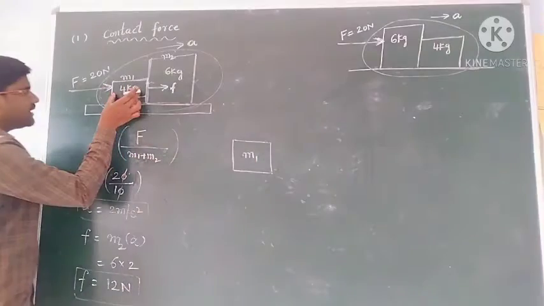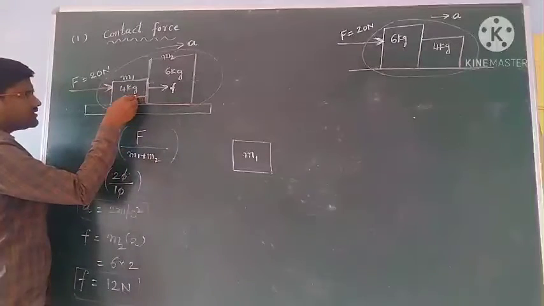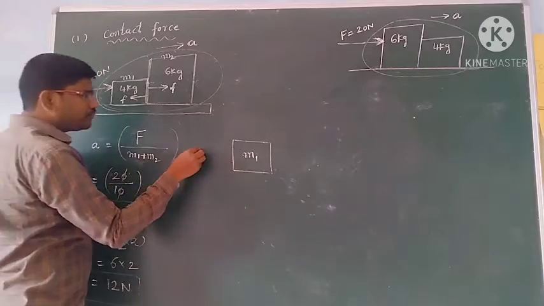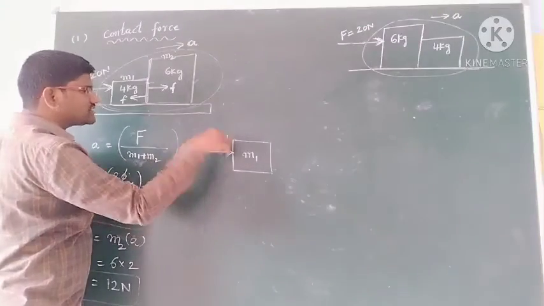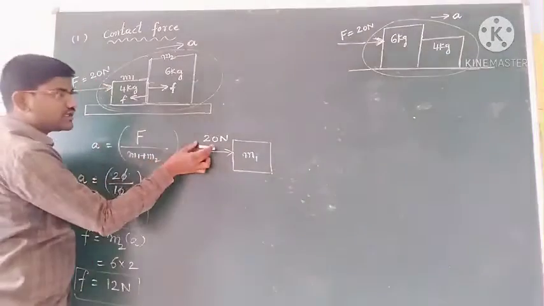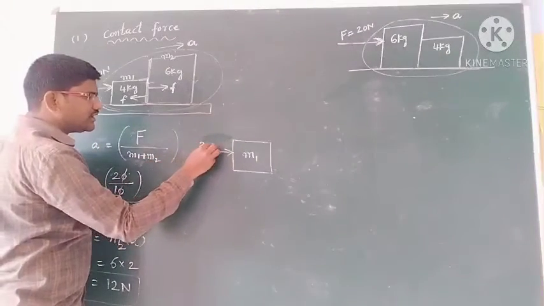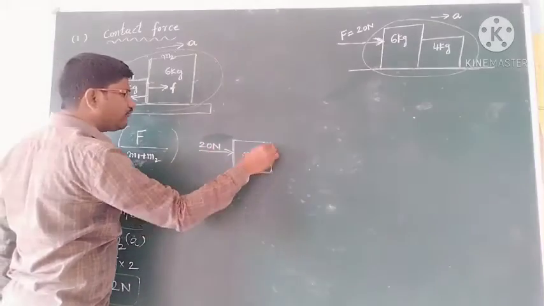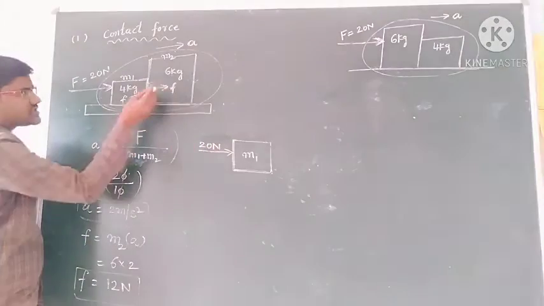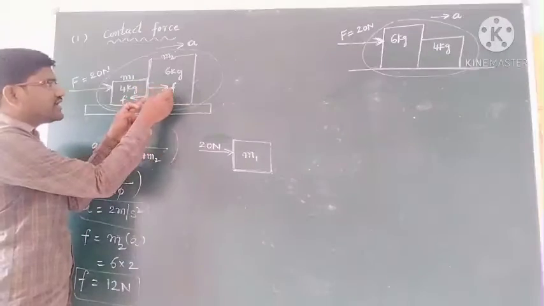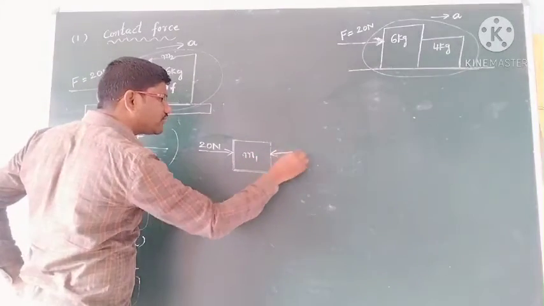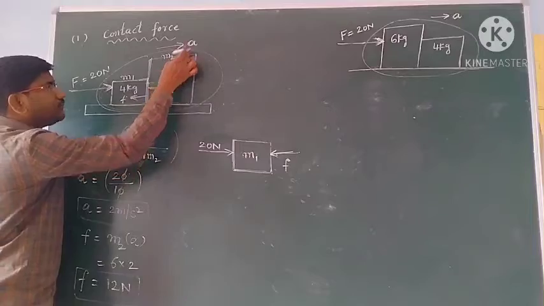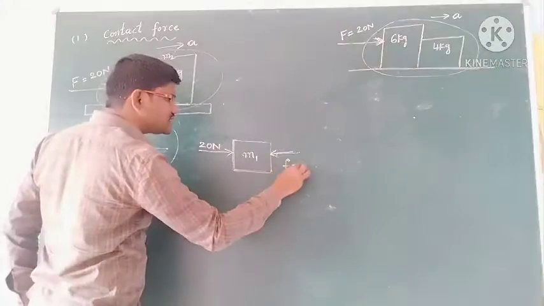This is m1 mass, and we are pushing this m1 mass. Directly applied force, how many newtons is there? 20 newtons is there on m1 mass, directly applied force 20 newtons. Okay students, this is the 20 newtons we directly applied on m1 mass. But as you are trying to push this lighter block, the lighter pushes the heavier with the force F, and that will try to stop it in the opposite direction. You know what is that students? Contact force F. And this F we already found, m2 into A, that is 12 newtons. Means F is 12 newtons.